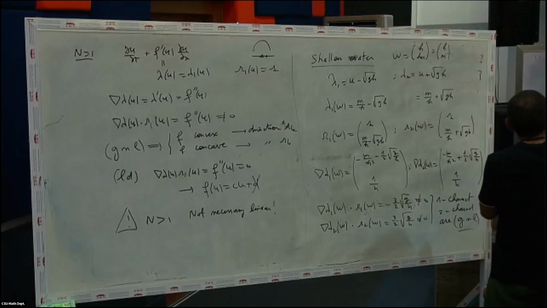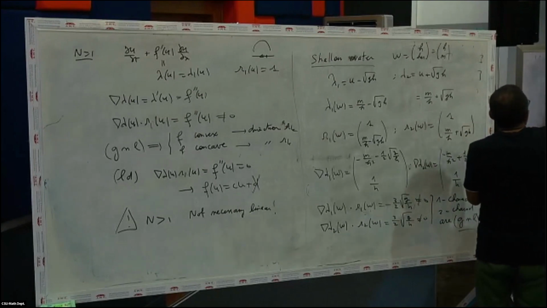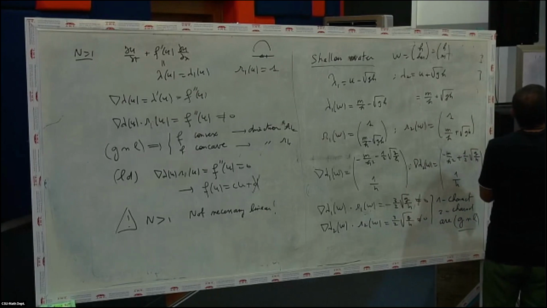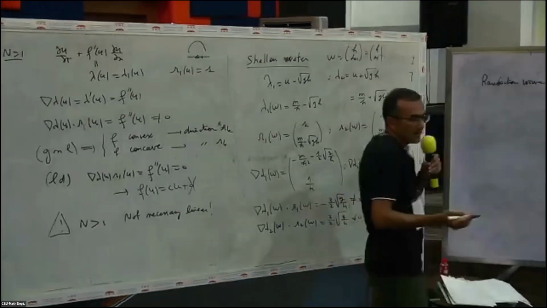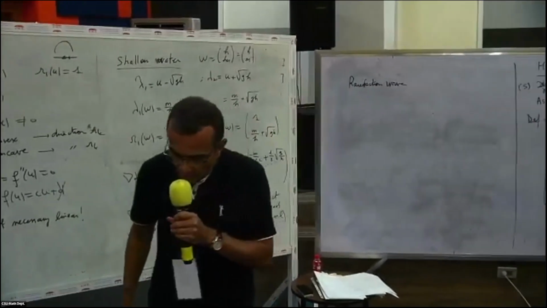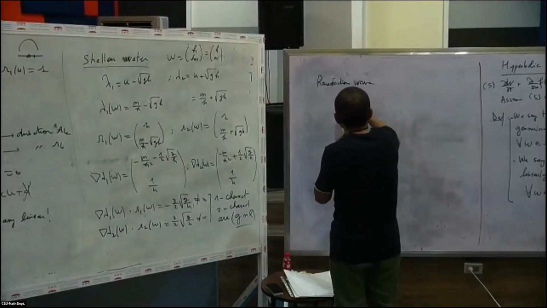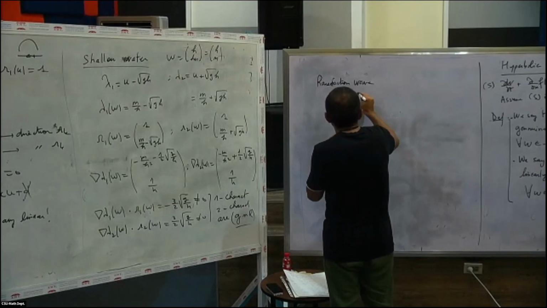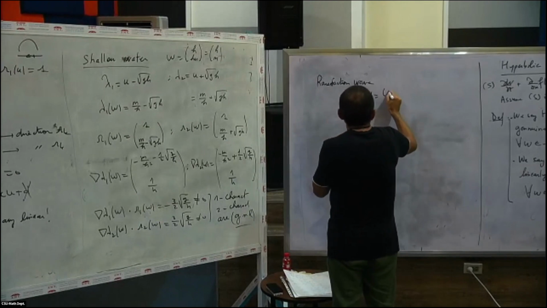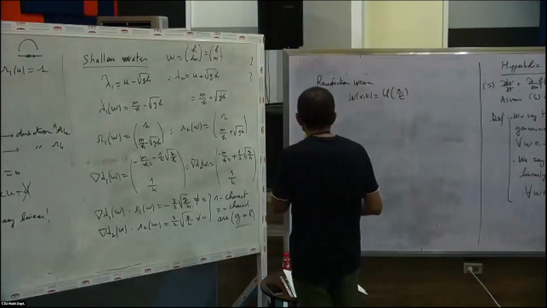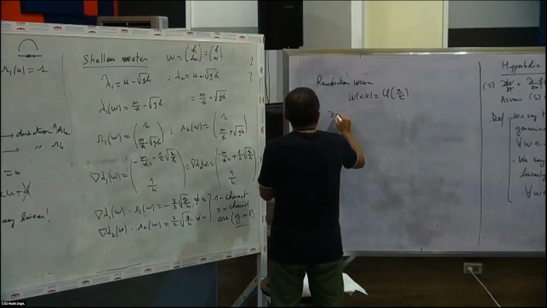So what is a rarefaction wave and what is a shock wave? Rarefaction wave: you are looking for something W of x and t equal to U of x over t. And in our case, the